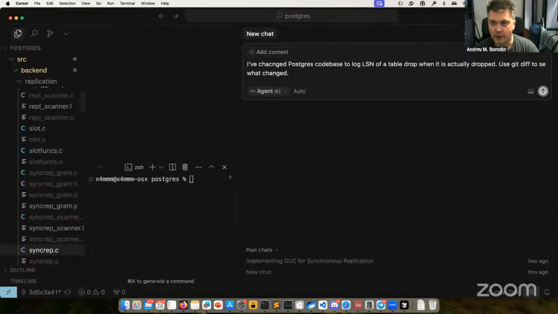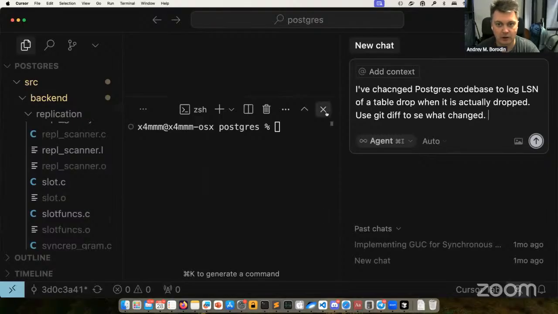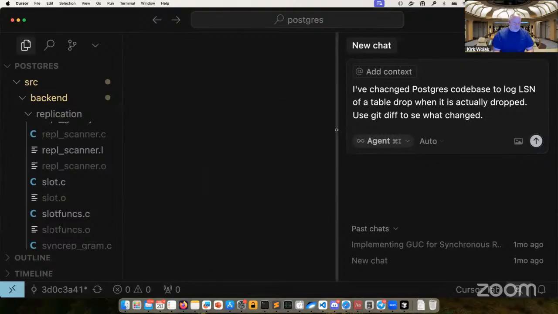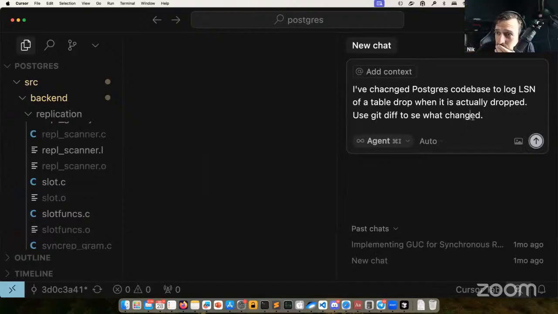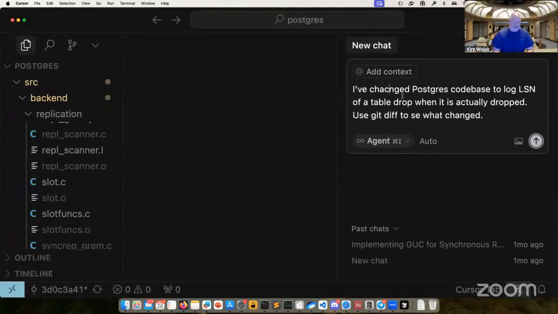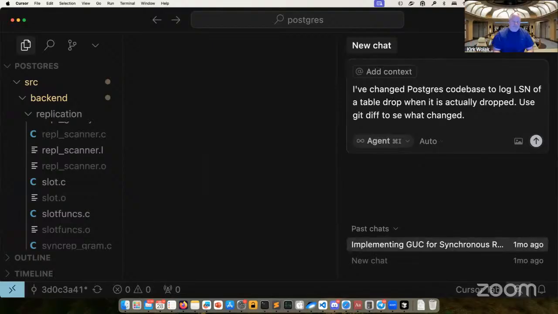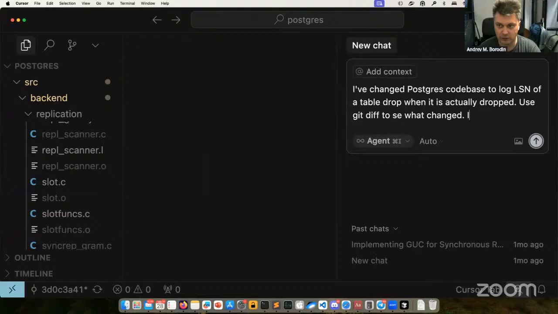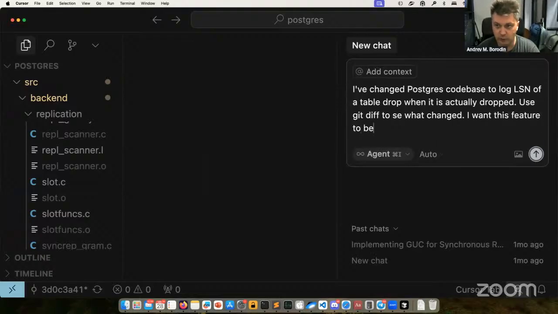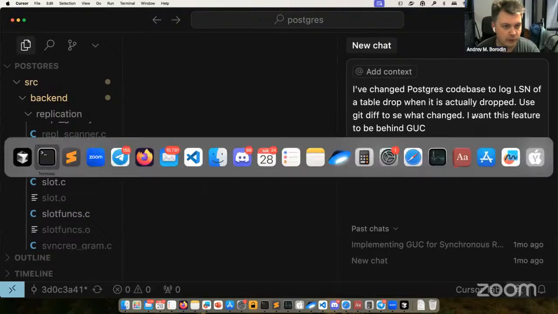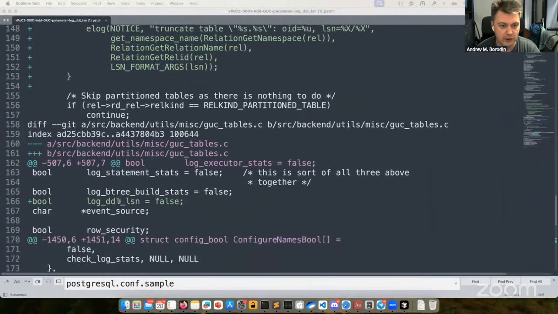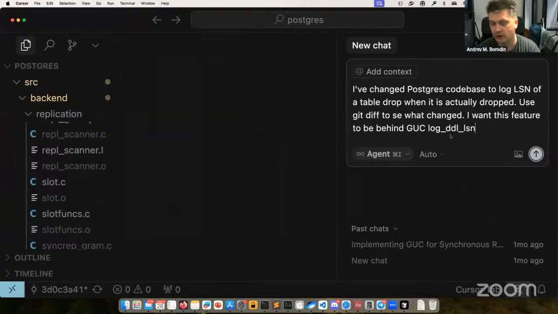Okay, do you see my prompt? Yes. Let's spell the word change correctly if you want. It'll get it correct. You got an extra C. Okay, and now I want this feature to be behind the GUC. How did he name it?